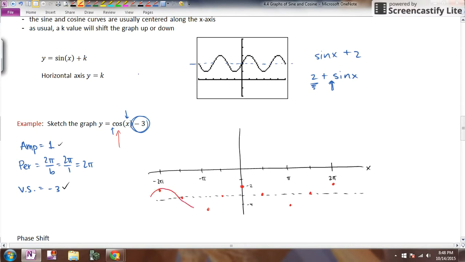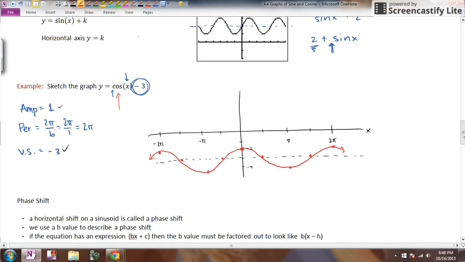Here's my attempt at rounding these guys, and look at how beautiful. There is my cosine graph shifted down 3 units and having an amplitude of 1 and a period of 2 pi. Isn't that nice? All right, let's talk about a phase shift then, which is our horizontal left-right shift, and